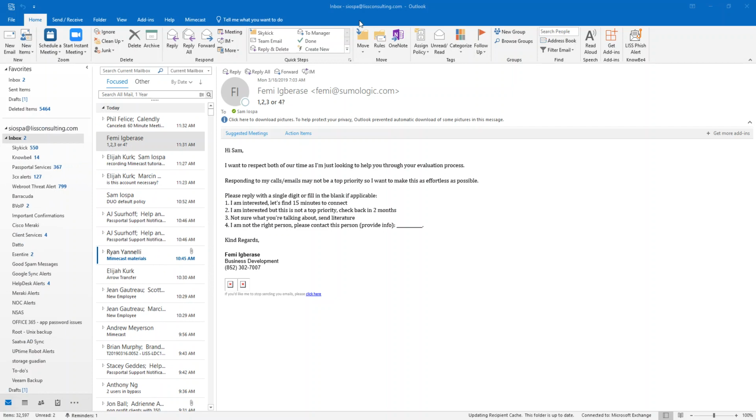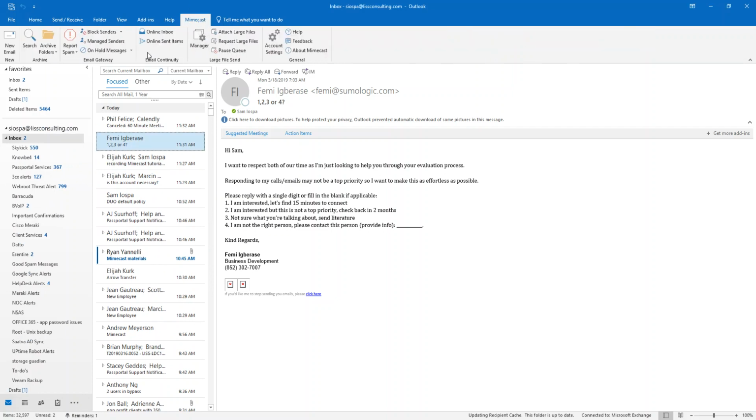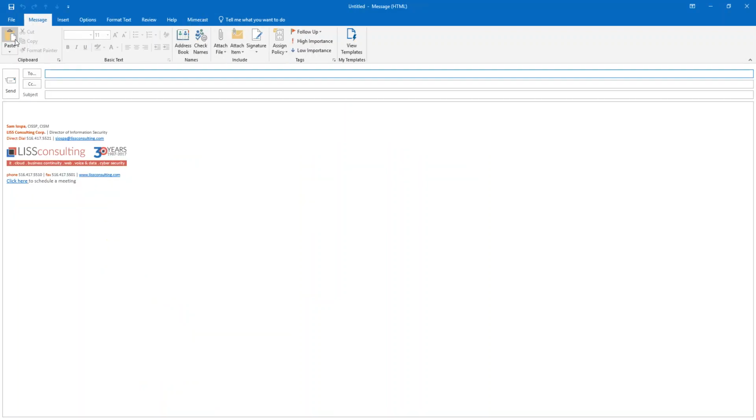One of the other things you may notice is in Mimecast, you have the option to send various messages. You can attach large files, request large files, and so on. Depending on the functionality that your company has decided to use, you can generate messages this way. So if you hit new email and you type in new email to, let's say, for example, one of my colleagues here,